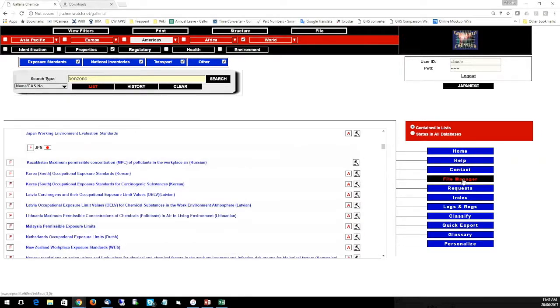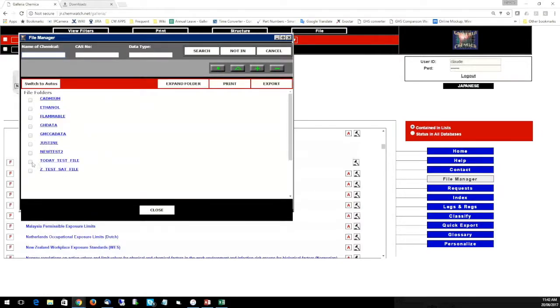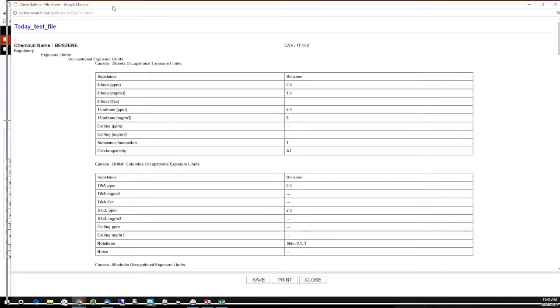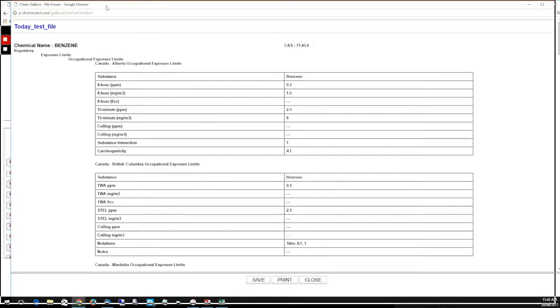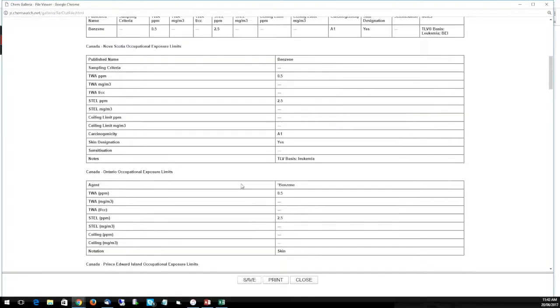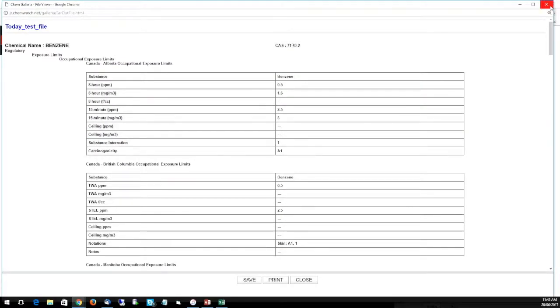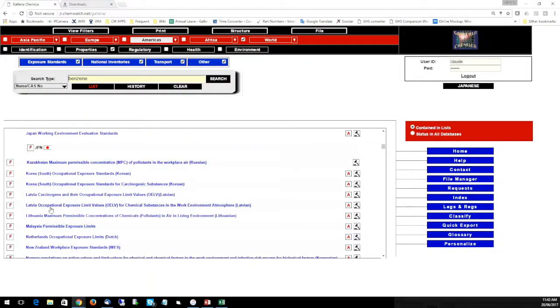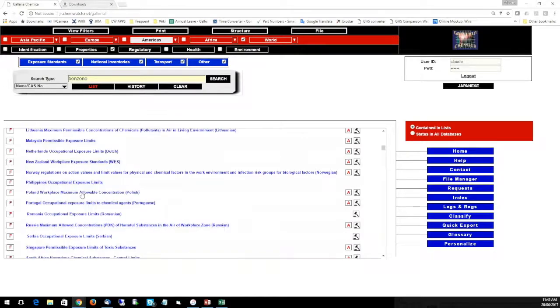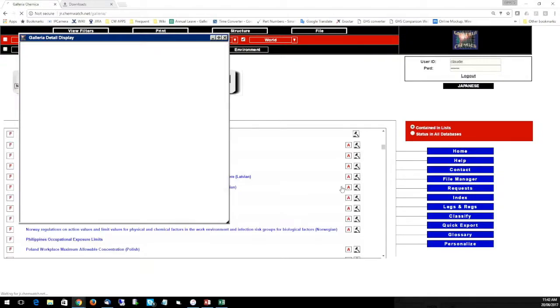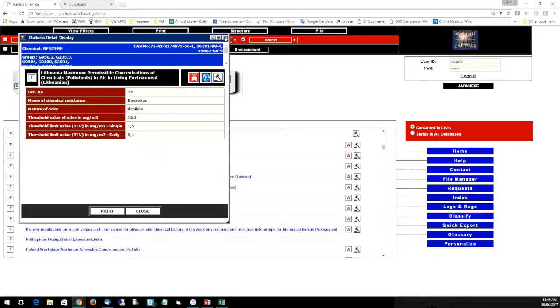And if I go back here, I should see now that in today's test file, I also have some data from the Kazakhstani list for benzene. So I can keep building on this file in an ongoing manner, whether I use the auto lists or whether I'm just doing a basic search. Anytime I can add data to this. One other thing I haven't mentioned here as well, where we see this A icon, we can